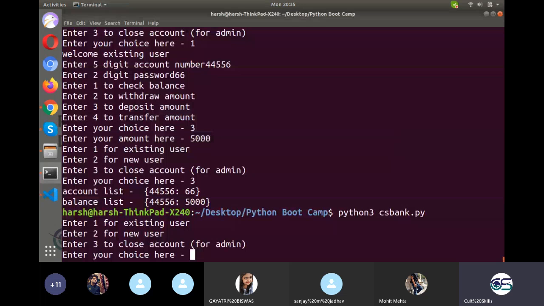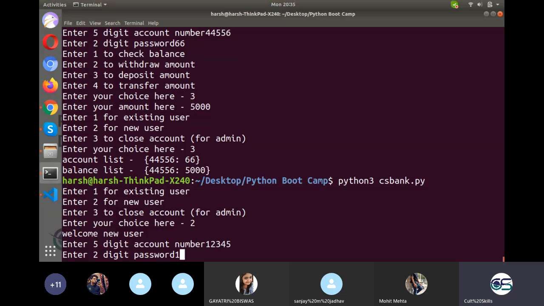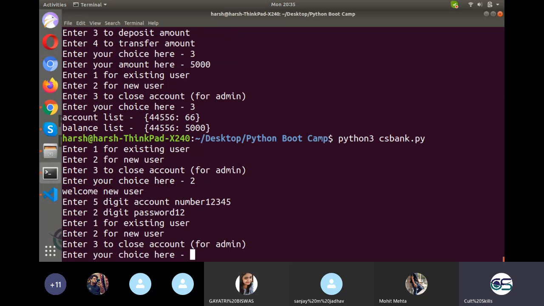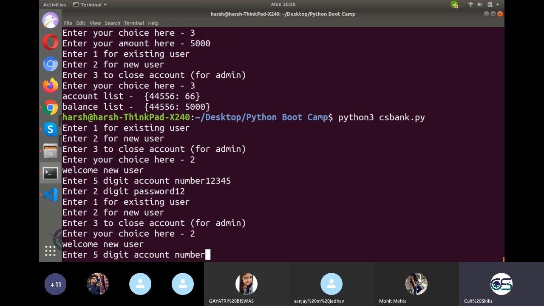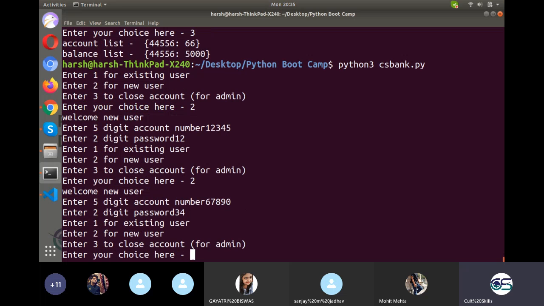So, yeah. So right now I'm a new user. I entered my 5-digit account to be 12345, password to be 12. Then I am, once again, one more new user. So let's suppose the new user is 67890. Password is 34.